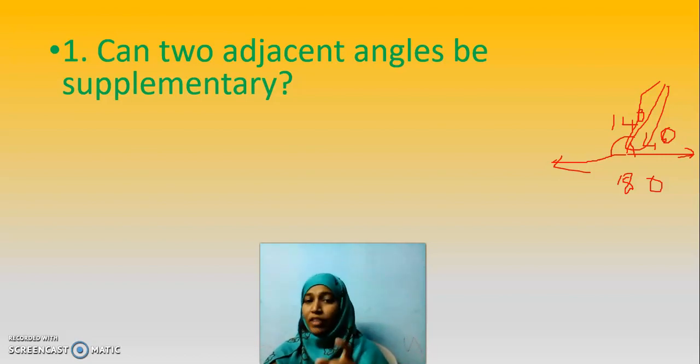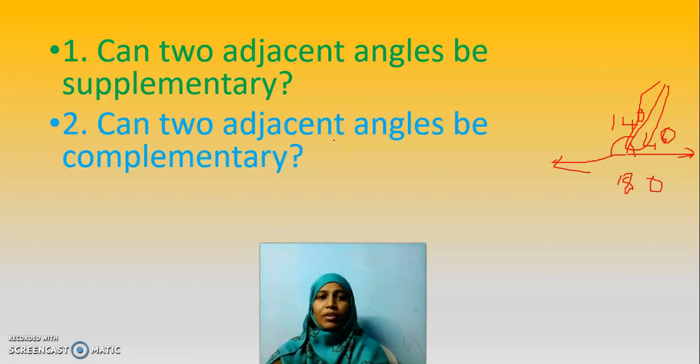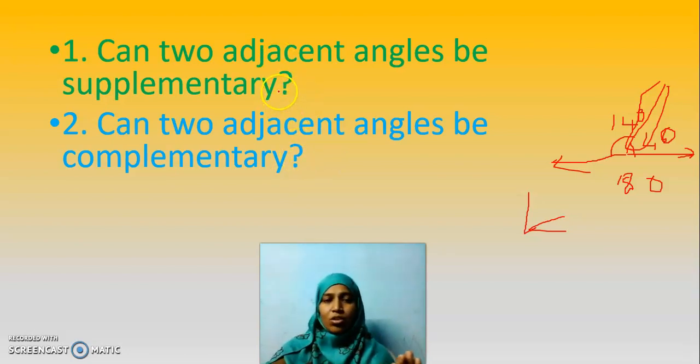Is it clear? I will ask you the same question in the next slide. So be attentive. Can two adjacent angles be supplementary? Yes, adjacent angles can be supplementary. Now tell me, can two adjacent angles be complementary? Complementary in the sense we should add, no? Yes. If I have a 10 degree angle and another 80 degree angle, 10 plus 80, 90 degrees. Yes, adjacent angles can be complementary also. In both these cases, now if I ask you the reverse order, can the supplementary angles be adjacent angles?